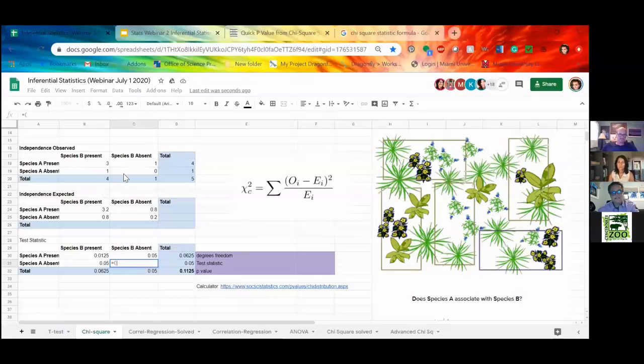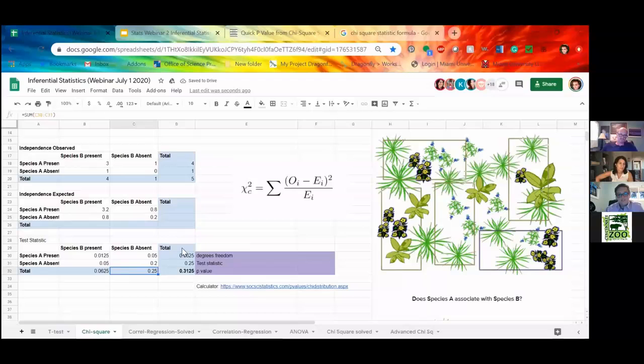It kind of thinks it knows what we're going to do, and it's not always great at predicting. So I definitely recommend going all the way through. Minus expected squared divided by the expected. Okay,